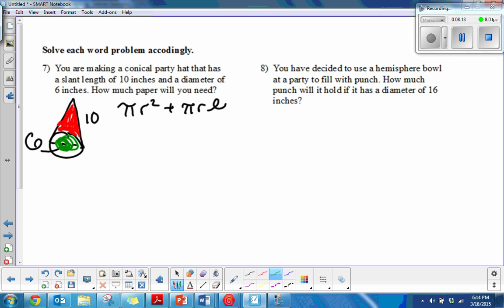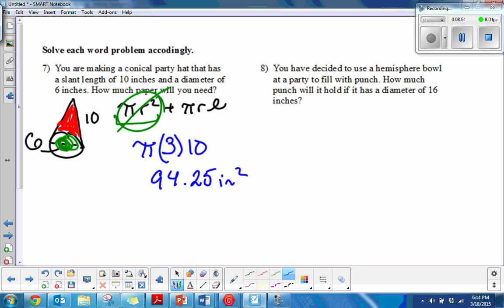And we know the area equation for a circle is pi r squared. So we actually just want to cut this off of the equation. We only really want pi times the radius times the slant length. So to do that, we're going to do pi. The diameter was 6, so our radius is 3, and the slant length is 10. So when you put that in your calculator, pi times the radius of 3 times 10 gets you 94.25